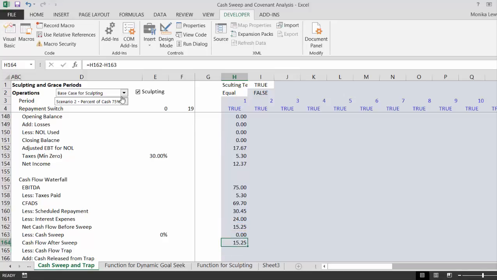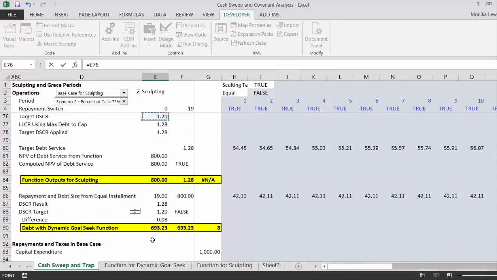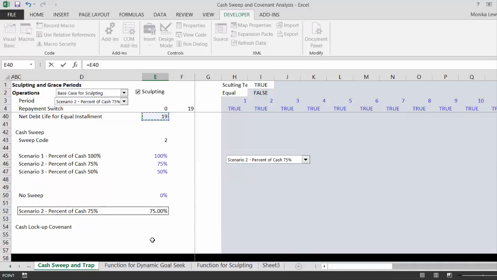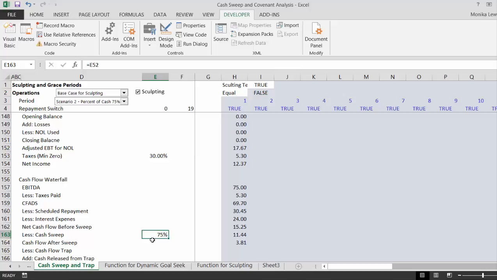Okay, so this says 75%. What did I not take? Okay, so here we're taking 75% of the cash sweep. If we have no sweep, we take 0. If we have 100% cash flow sweep, we have all of the cash flow. Okay, so that's kind of how it works. And then we can have